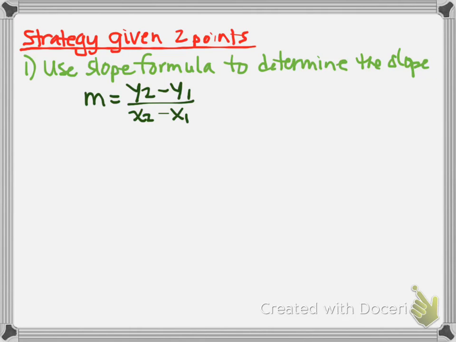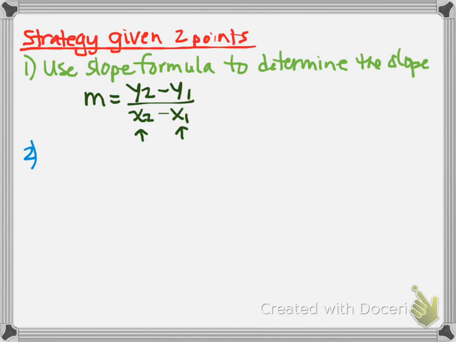The first 2 coordinates, top and bottom, come from the same ordered pair. If you switch up and you make it y sub 2 minus y sub 1 over x sub 1 minus x sub 2, you're going to get the wrong sign every single time. So you got to make sure that things are lined up, same ordered pair, same ordered pair. Very, very important. So if you use my strategy, taking your ordered pair and flipping it 90 degrees counterclockwise, you're going to get your y on top and the x on the bottom. Okay, after that,